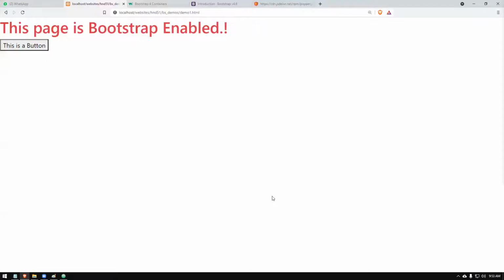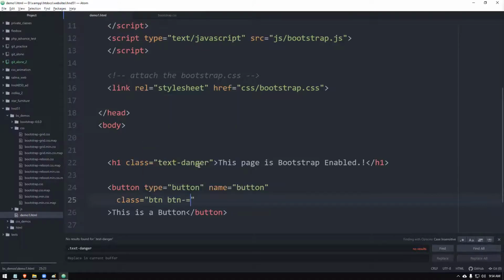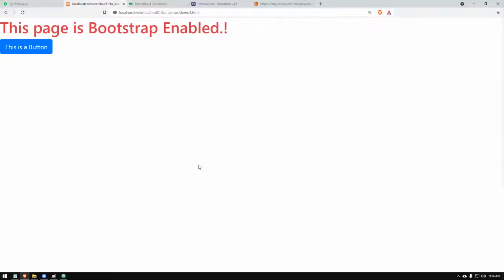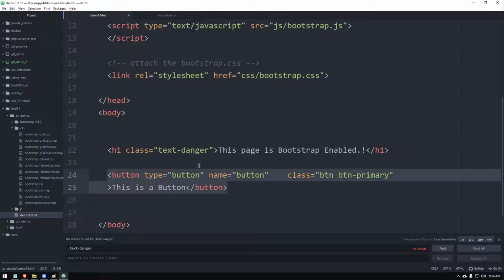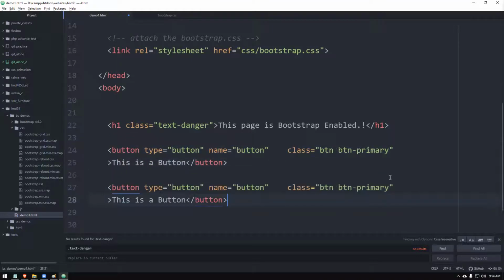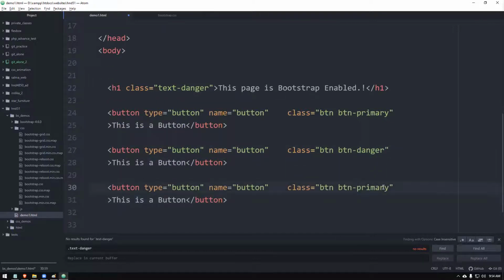So when you reload, the appearance comes. First of all, the appearance is coming. Then you say btn and there are different things you can use. For example, if you say primary, it's a blue color. These are built-in names. See, it's pretty simple to build, right? Okay, now this is not teaching you, this is just demonstrating. Let's say another button you can put danger, that will be in red. You can put another button in info, light blue.